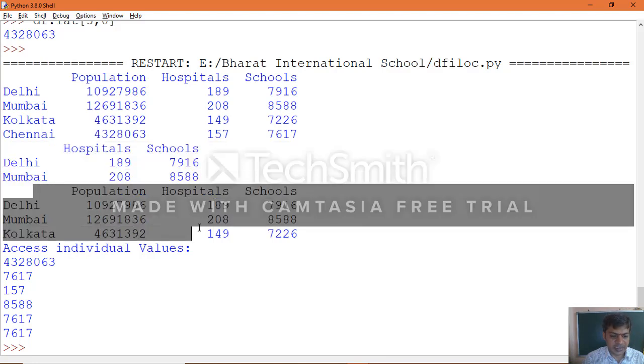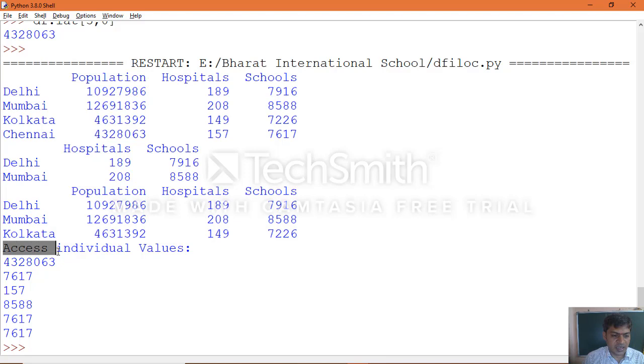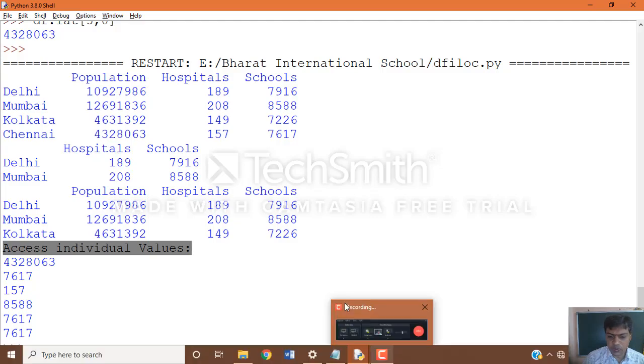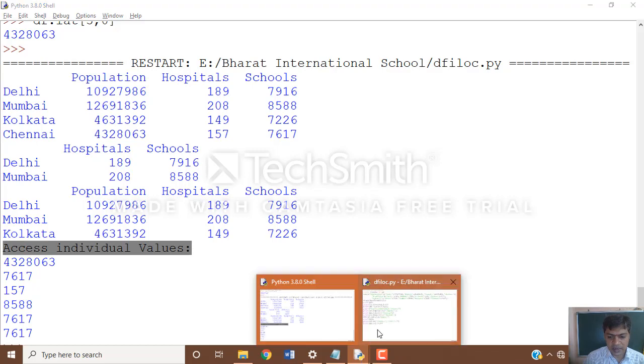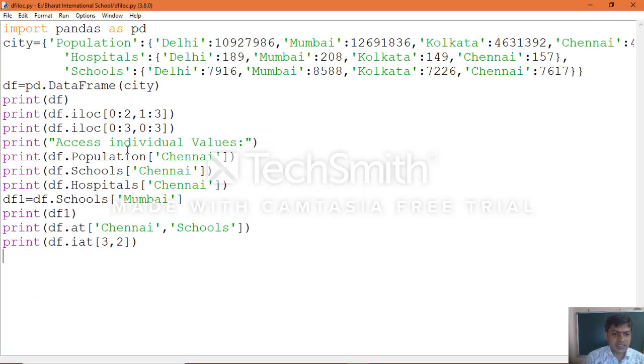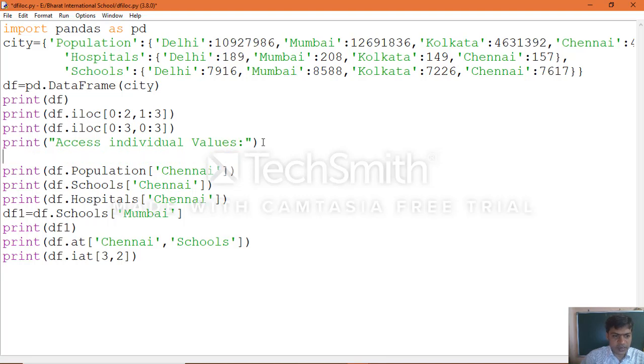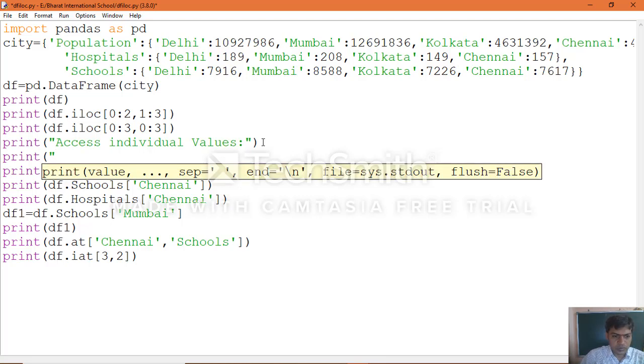This is rows and columns accessing, and now individual value accessing. All which we specified, you will see directly in the output. If you use a label for each one to understand what the information is, then you will be able to understand the output. Let's see: for access individual values, you can specify print of, the first one is Chennai population.